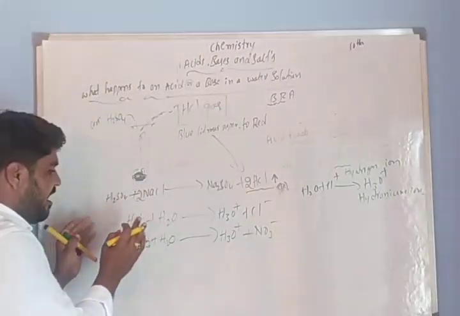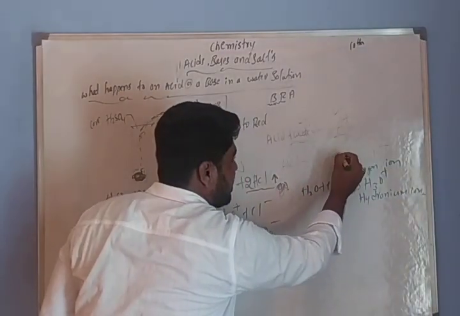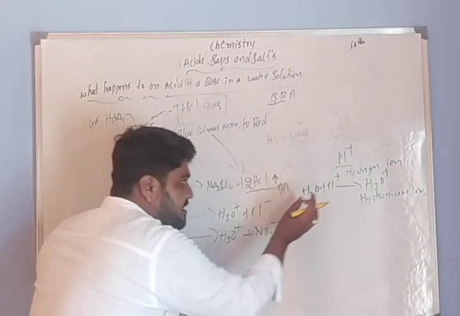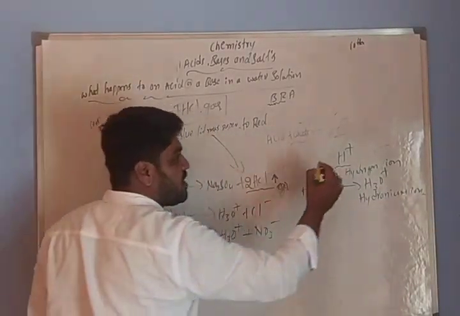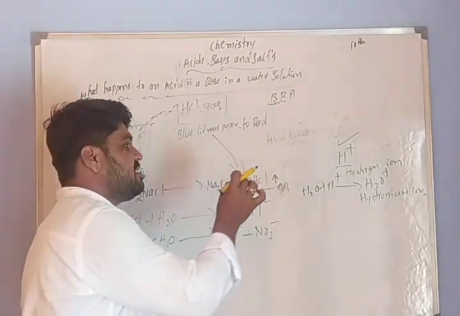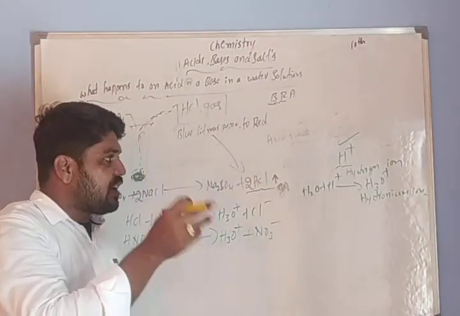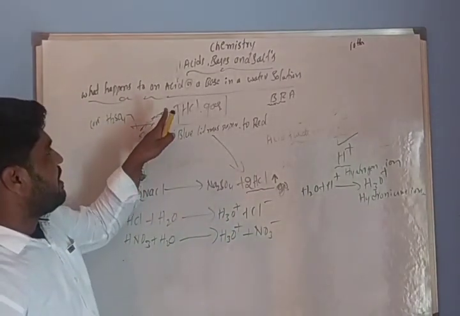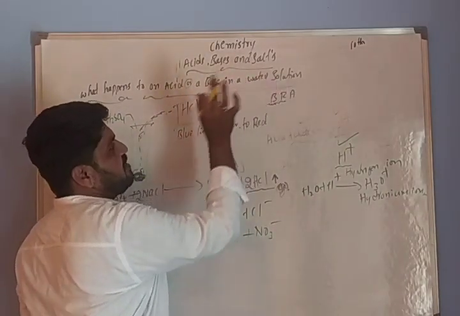Please remember, when acids react with water, it produces H plus ions. So when these H plus ions react with water, it gives hydronium ions. H plus ion cannot exist lonely. Single existence of this H plus ion is not possible. It is always combining with the water. This is what happens when acid reacts with water, that means acid and water solutions.